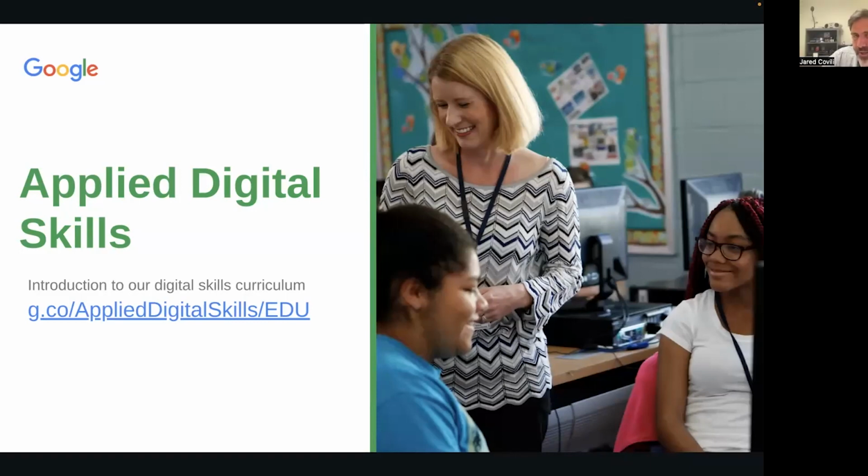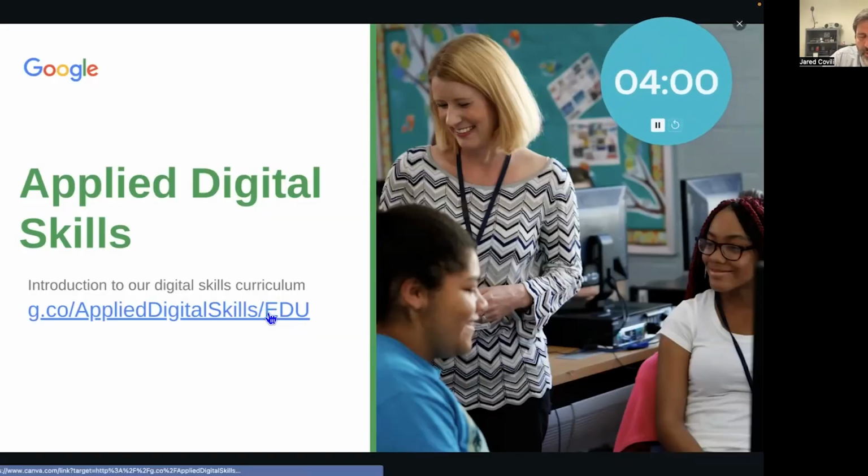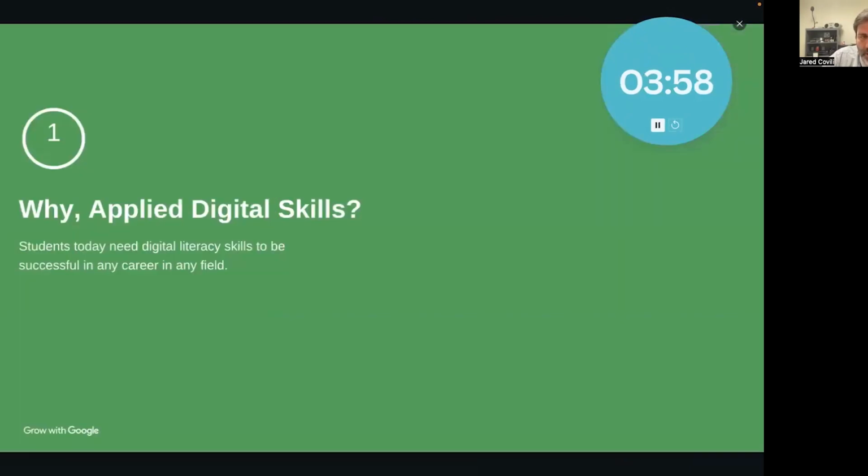It's easy enough. Okay. So one of the tools that many people don't know about from Google is a kind of curriculum library called Applied Digital Skills. You can see the URL for that is linked below. I'll go to it again in a little bit, but partly why they created this, go ahead, Colby, you can advance, is they found that a lot of students specifically were a little underprepared for workplace skills.